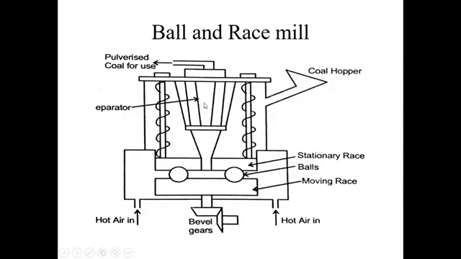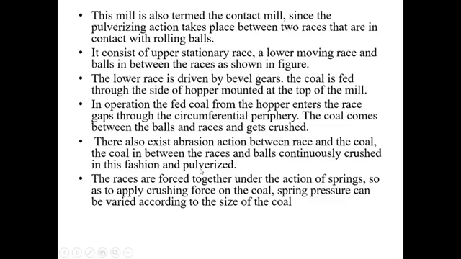So here only the required size of polarized coal is allowed through the passage, and anything larger than required will come back into the system and be crushed again into small pieces. Small pieces means the polarized coal. So here is the explanation for that, which I have explained already.